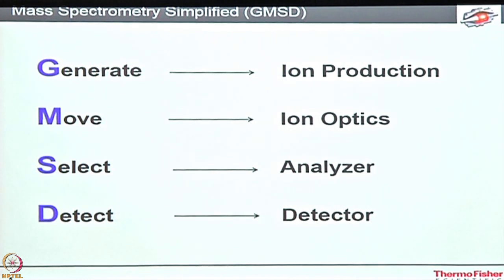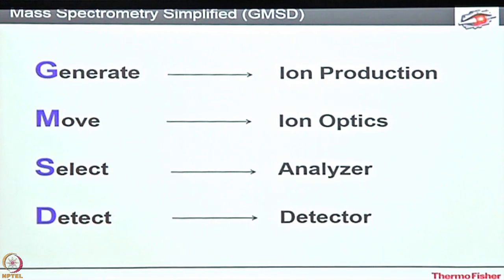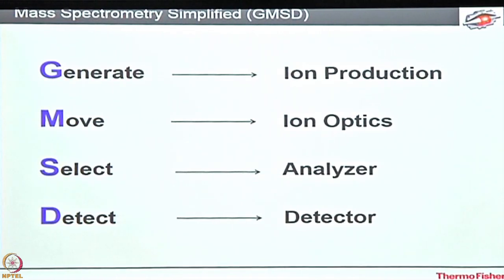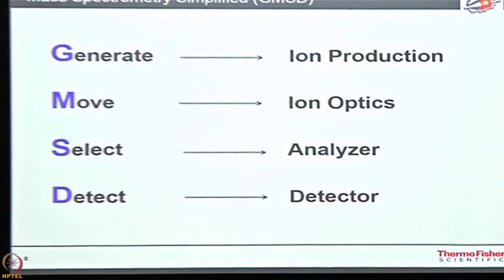The ionization method may be from solid to gaseous, or maybe liquid to gaseous. Then it has to be Moved properly. So after ionization, the path till the detector should be proper. Otherwise, if any molecule touches the wall, it gets discharged and will not be detected in the mass spec. So that path should be very proper.